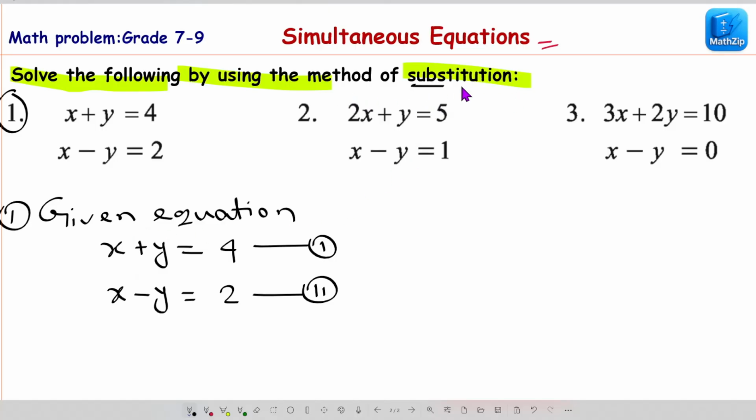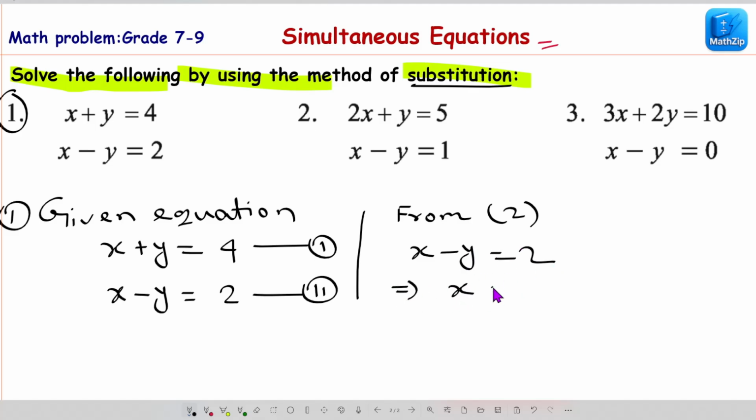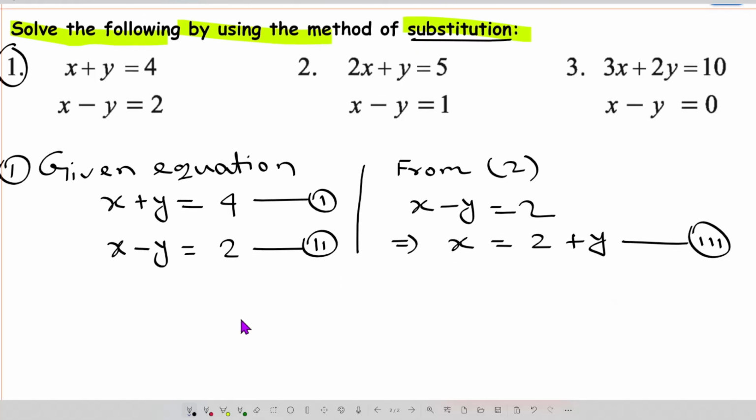method of substitution. First, from equation 2, here is x minus y equals 2. We can write x equals 2 plus y. Okay, and we can make this one equation 3. Okay, now putting the value of x,